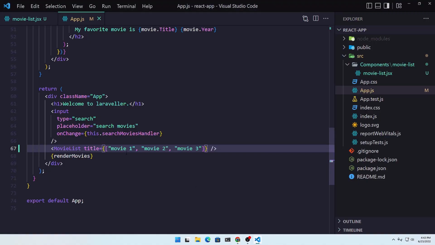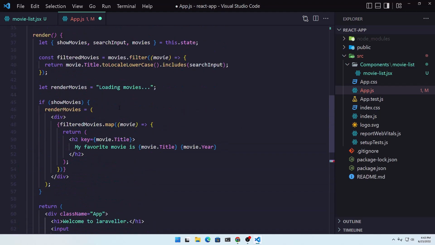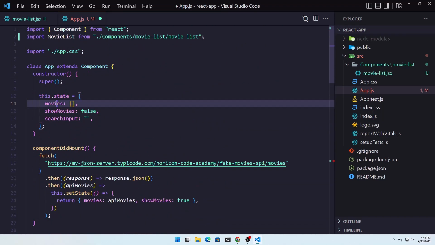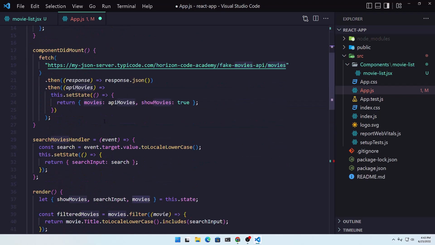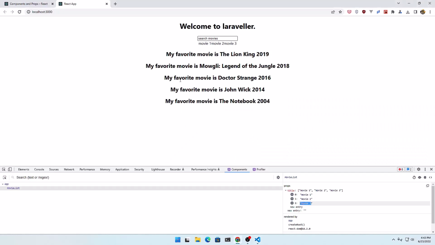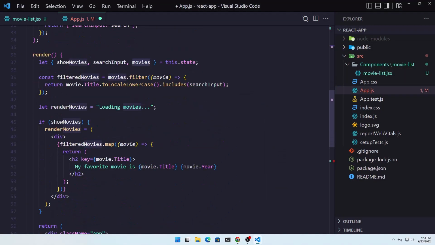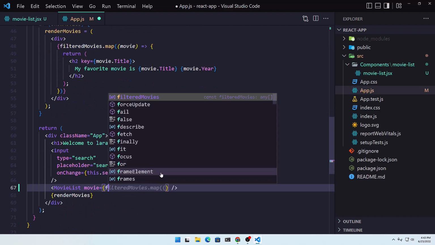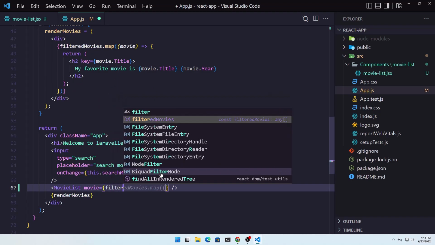Okay. Now we don't need the title, but we need the movies. Okay, so let's say movies here, and I'm going to add the movies we need to display. And we need to display the filtered movies, not the movies we get from the state here, because we need also to filter them. So we need filtered movies, and let's say here filtered movies